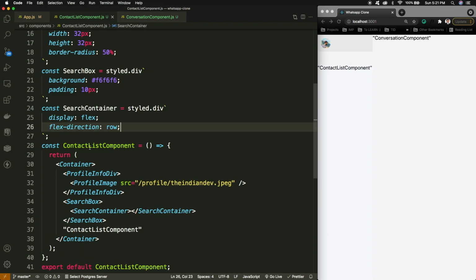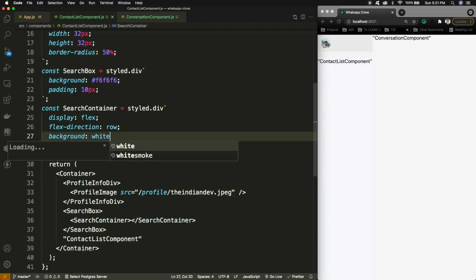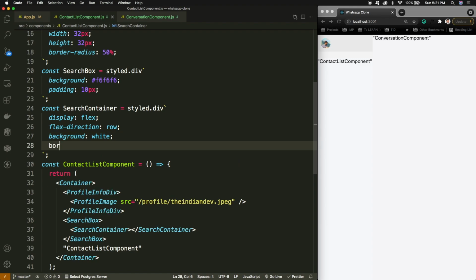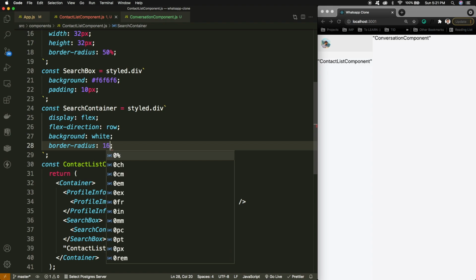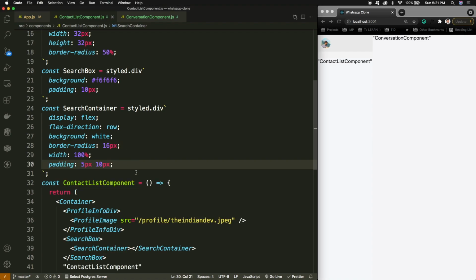I can have it like this, and the background color is again white, so I can simply write the background color as white, and some sort of border radius is there, so I can define the border radius as maybe 16 pixels. And in terms of padding or the width part, we can have this stuff. So the search container is here.